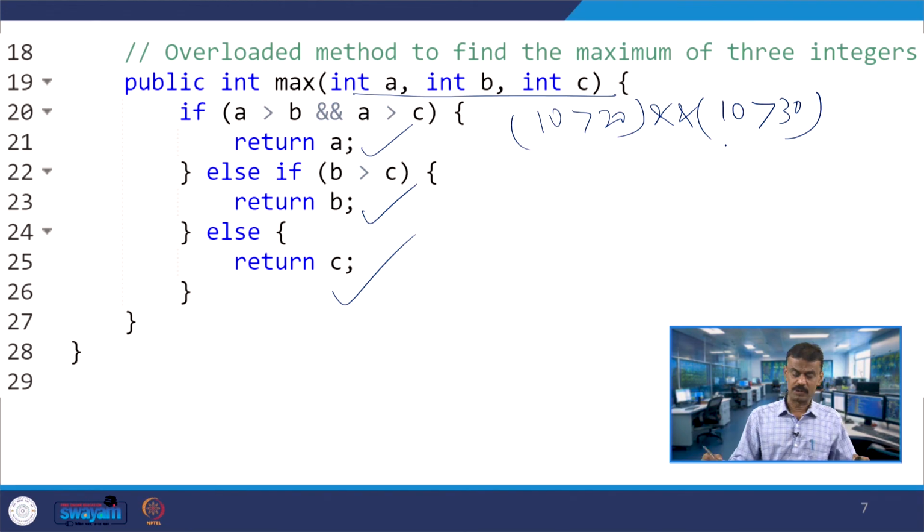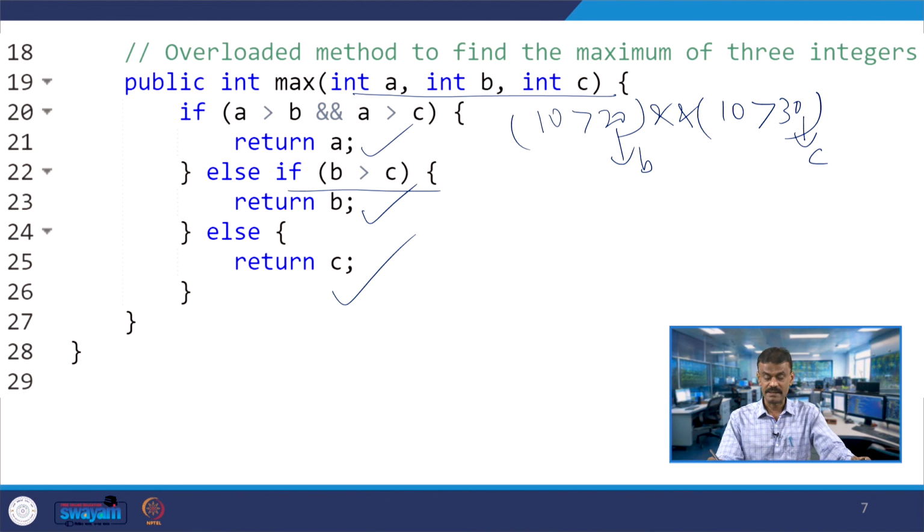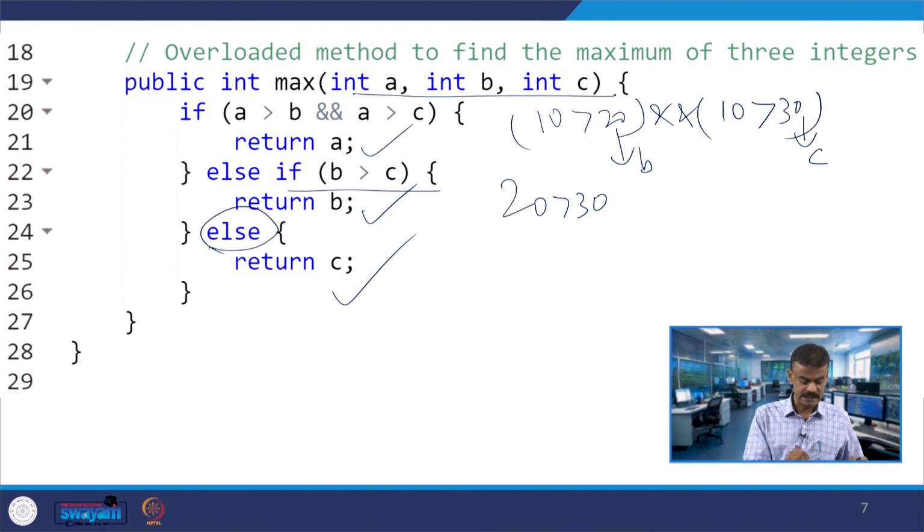Both are false, so false and false is false. So it comes over here, where B is 20 and C is 30. Whether B is greater than C, 20 greater than 30? False. So it goes to the else part, return C, C is 30, so 30 will be returned.